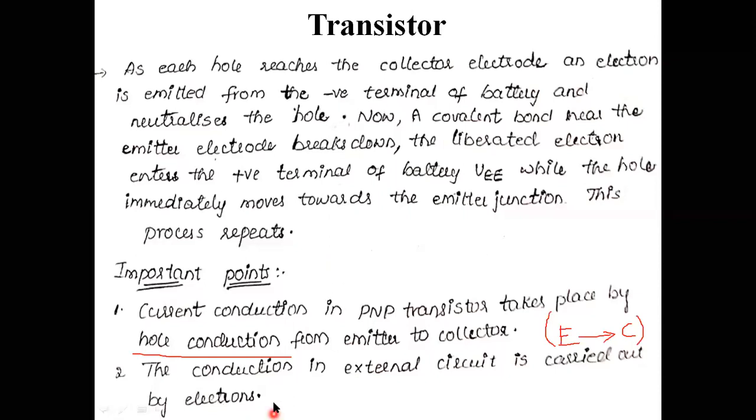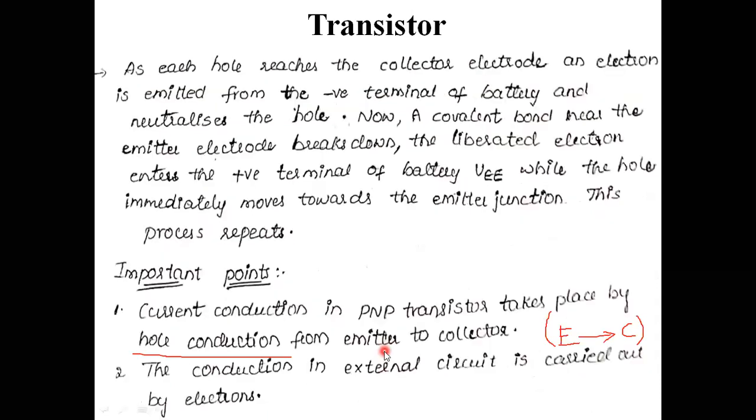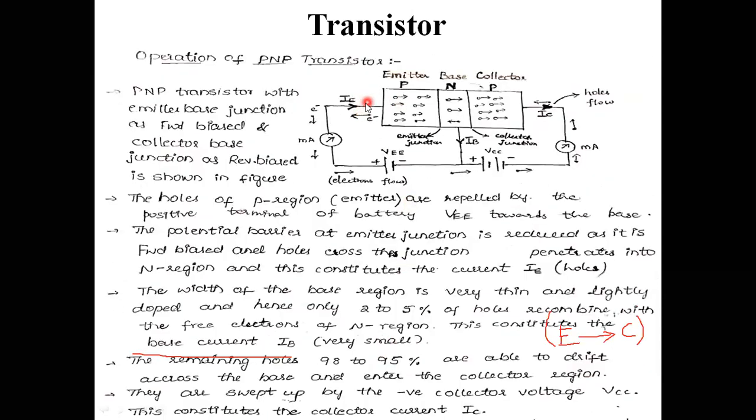The conduction in the external circuit is carried out by electrons, and the collector current is slightly less than the emitter current due to recombination of electrons and holes at the base region. ఆ కలెక్టర్ కరెంటు మనకు వచ్చే కలెక్టర్ కరెంటు ఇనిషియల్గా ఇన్పుట్ సర్క్యూట్ సైడ్ ఉన్న ఎమిటర్ కరెంటు ఈక్వల్గా ఎప్పుడు సరే అదే అమౌంట్ ఆఫ్ ఎమిటర్ కరెంటు మనకి కలెక్టర్ దగ్గర రాదమ్మా, కొంత అమౌంట్ తగ్గిద్ది అనమాట. ఆ తగ్గటం ఎందుకంటే రీకాంబినేషన్ అక్రాస్ ది బేస్ టెర్మినల్. అది ఇక్కడ ఏదైతే మనం ఎమిటర్ దగ్గర ట్రాన్స్మిట్ చేస్తున్నామో కరెంటు, అంతా ఎమిటర్ కరెంటు మన కలెక్టర్ దగ్గరికి రాదనమాట.